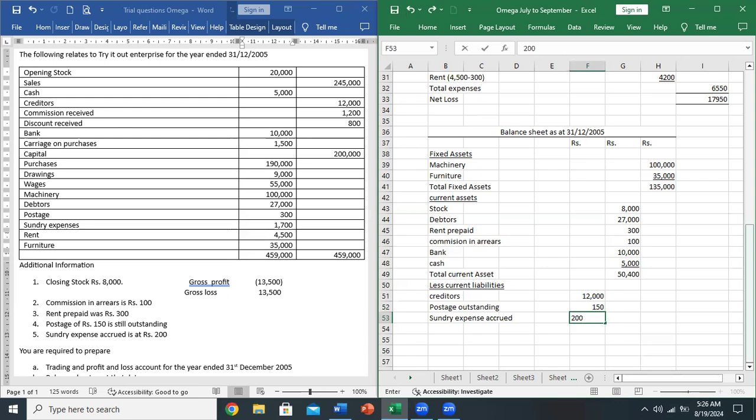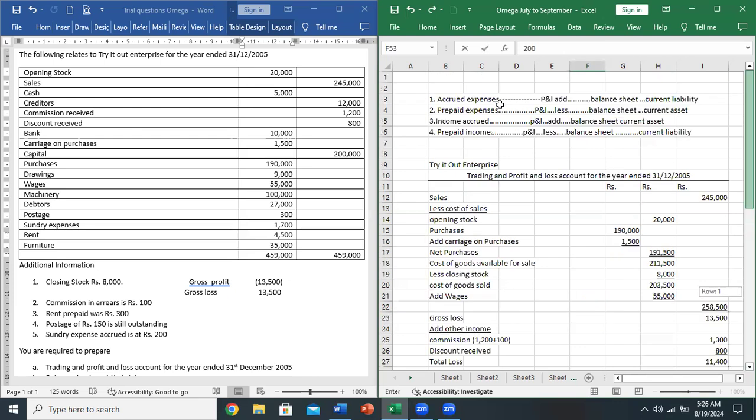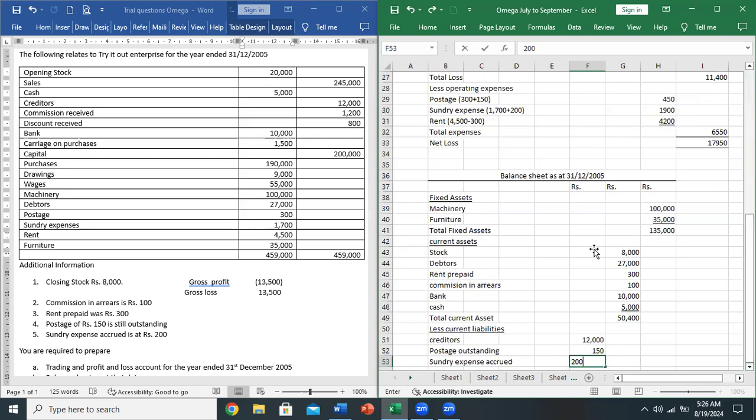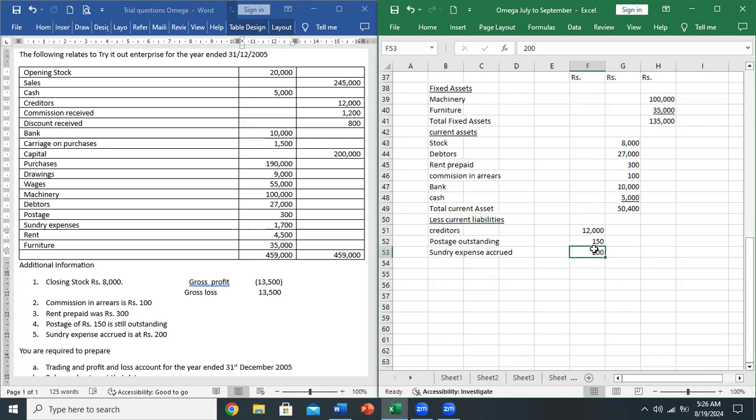So let me show you. For expenses accrued or outstanding, we add. Then the balance sheet is a current liability. Okay. So these are the only liabilities we have. So total current liabilities. That is giving us 12,000 plus 150 plus 200. That's 12,350. So when you less the current liabilities from the current asset, then you now get what we call